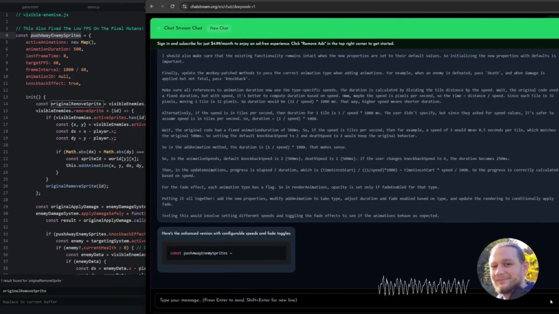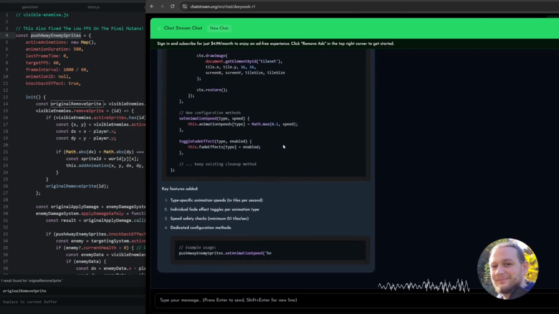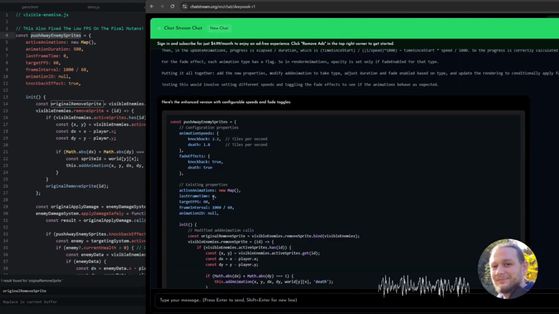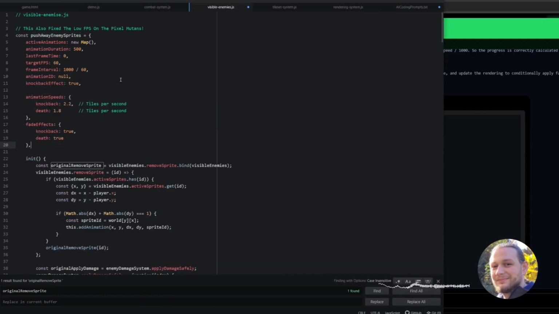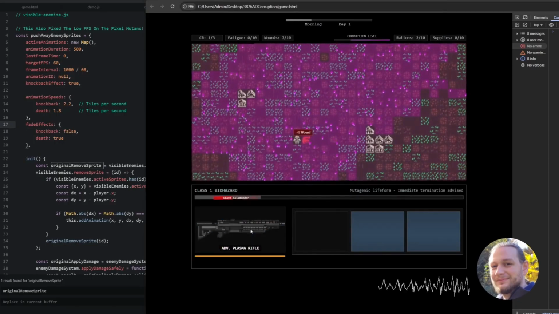Now we need some more control over the behavior. The pushed sprite in our animation should only fade out when the enemy is defeated. I generated some code to make it easier for me to edit the values manually, turning the fade effect off on knockback. Since I was using a tileset that included backgrounds for every sprite, this was still looking somewhat off,